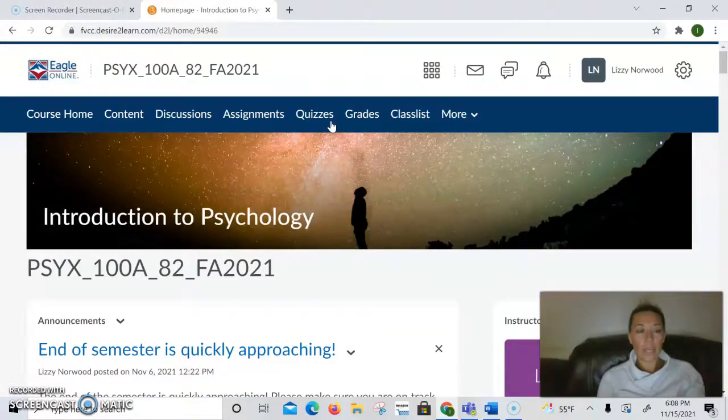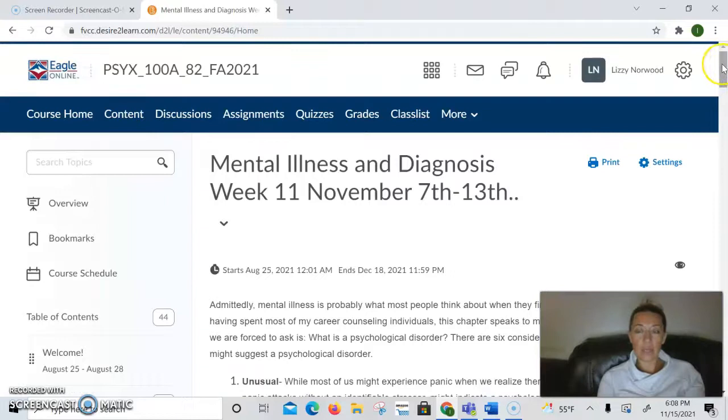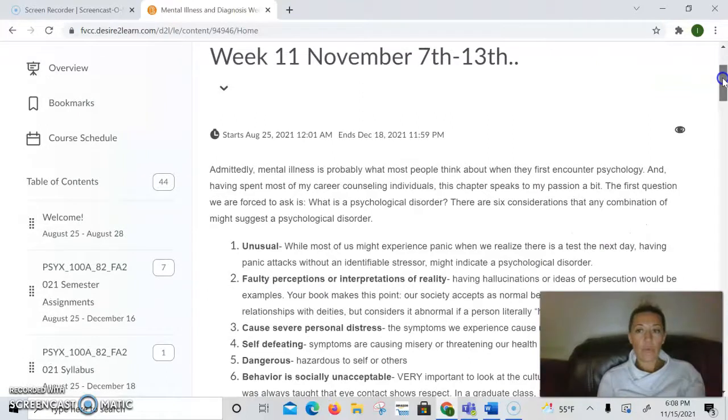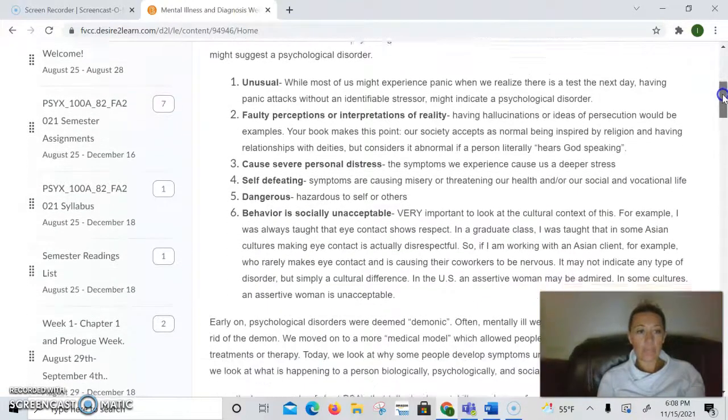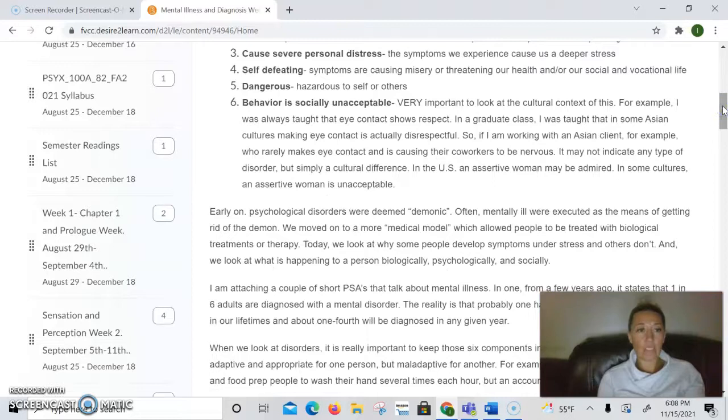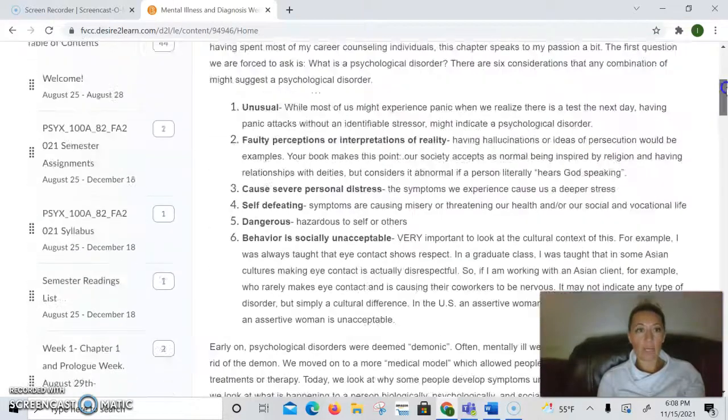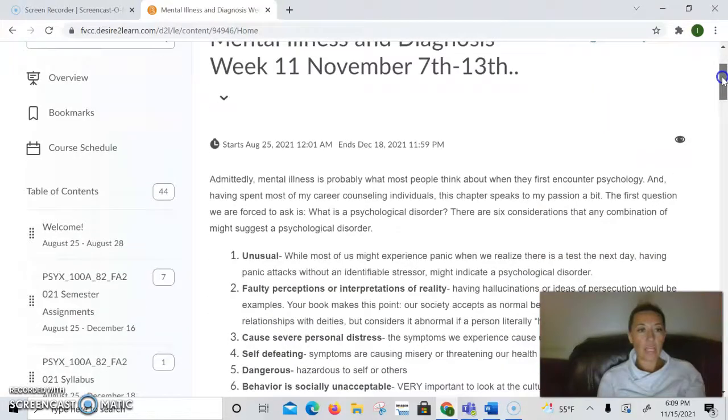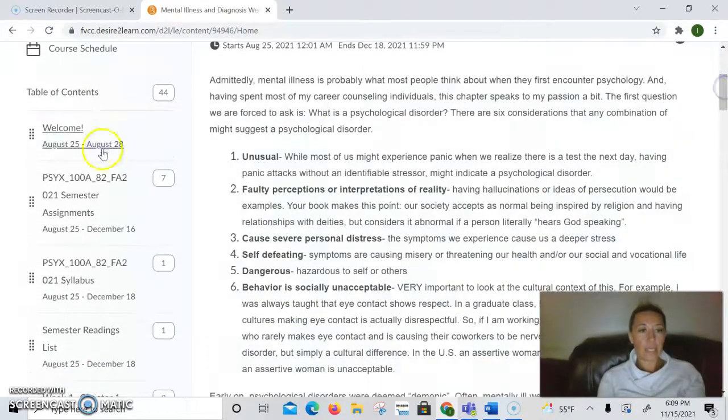That will bring us to our home page, which then has the course home. So that is where all your announcements can be found. Content is where I keep the syllabus and everything else that you will need for the remainder of the semester. It has each week laid out for what chapter you will be reading and any assigned work that goes with that chapter. So currently we are going to actually just take a quick peek at the